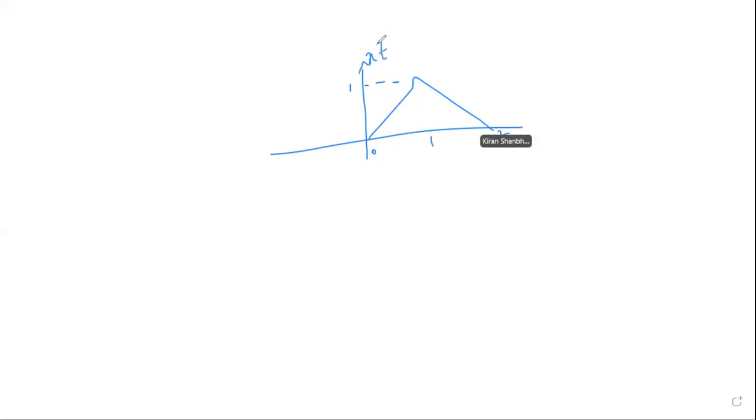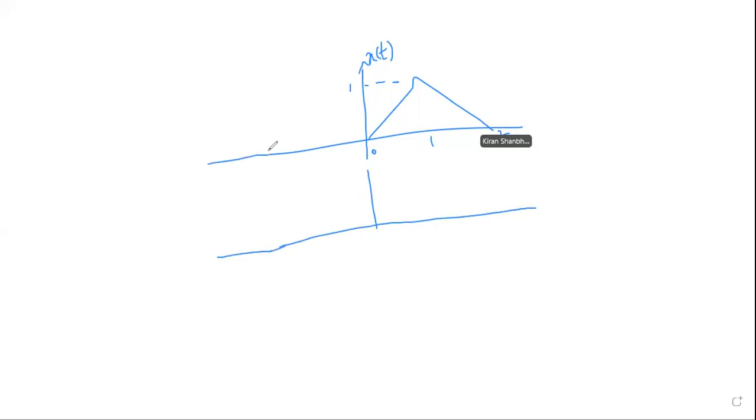So this is x of t. So what we have to do now is draw x of minus t. What is the formula to find the even component? x of t plus x of minus t divided by 2, right? So we have to draw x of minus t below the axis. See the way I am drawing. Have sufficient space on either side.